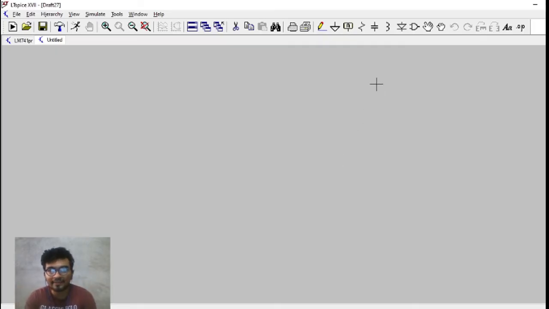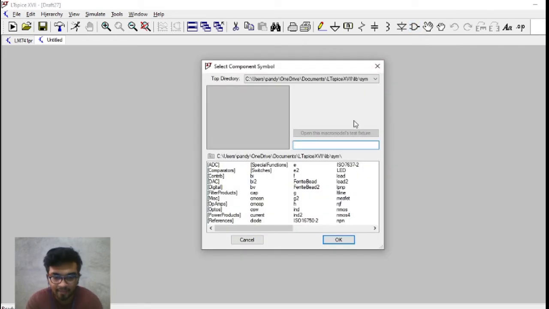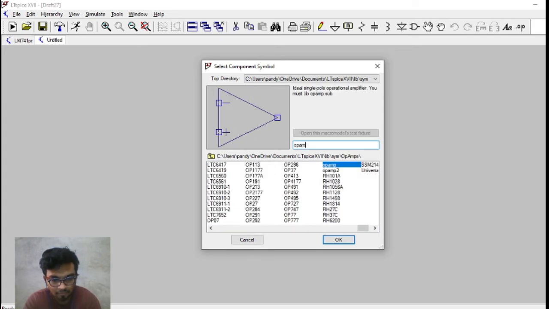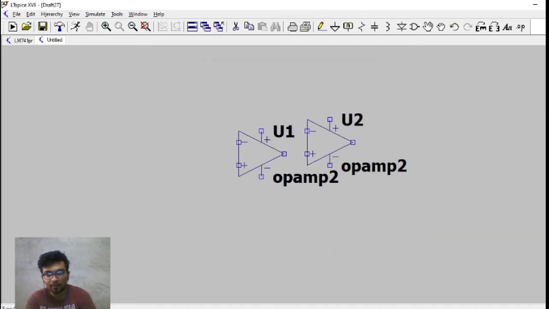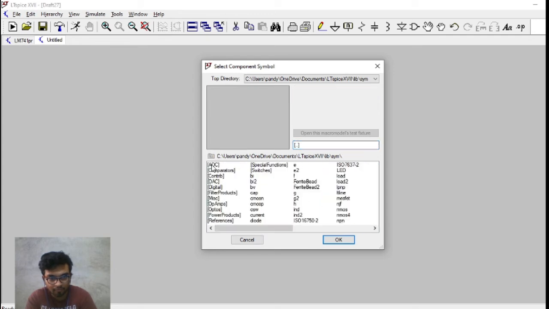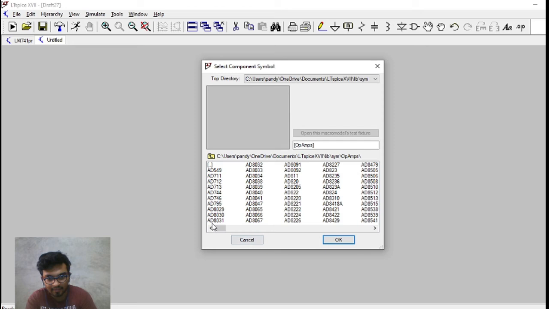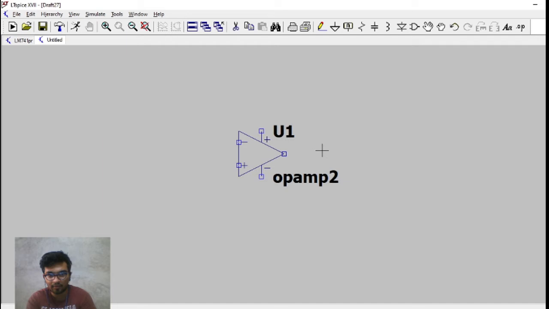In the LTspice experiment, we have to do certain things in order to create this circuit. First of all, we click on the component tab and we write opamp2. This is how you get this component. You can get this component in one other way also. You can directly go to this point, select op amps, and here you can find opamp2 at the end. This is how you get the op amp in our circuit.